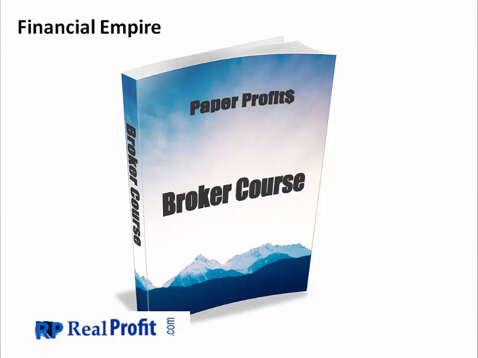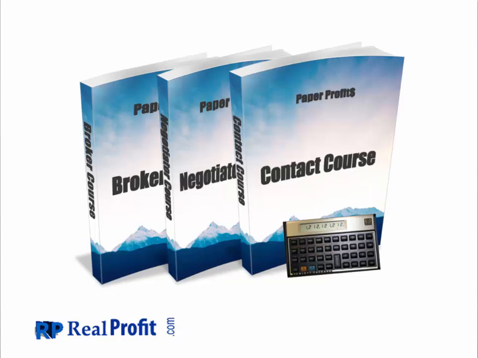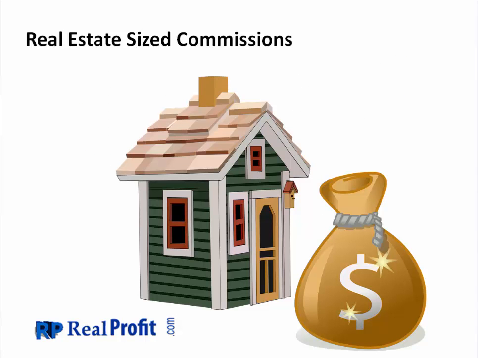a financial empire. Now, when you go into investing for yourself rather than flipping, which is the fast cash, you find the note holder, you find the note broker or the note buyer, and you put them together and you make money. This is doing it for yourself, and you need to know a lot of other stuff too to do it right. This is what you get in the broker course. Of course, they all three come together: the contact, the negotiator, and the broker.